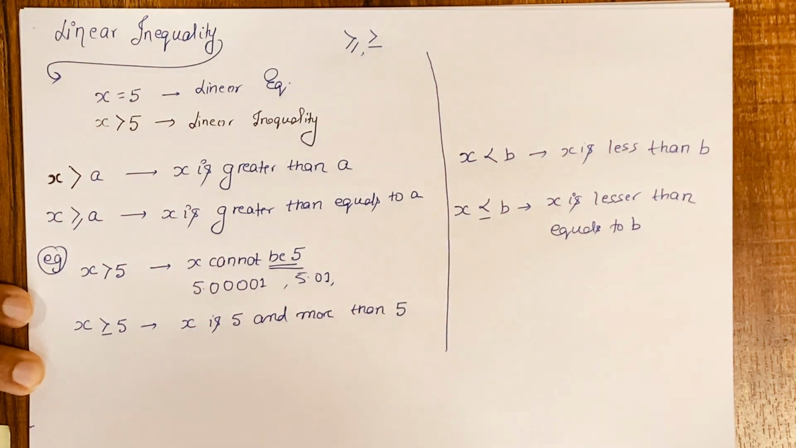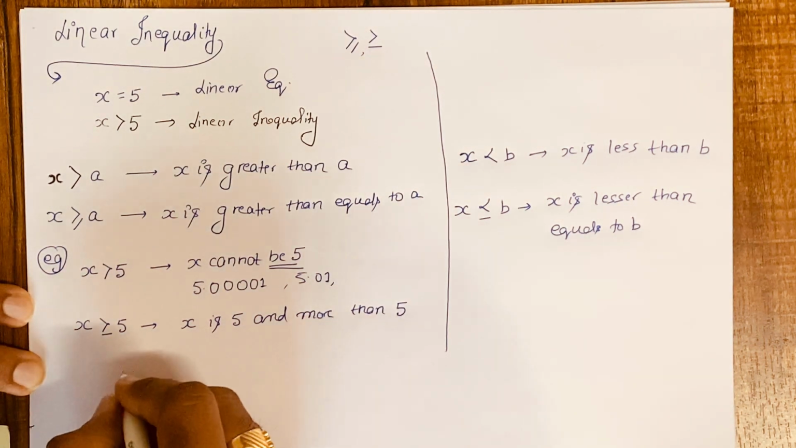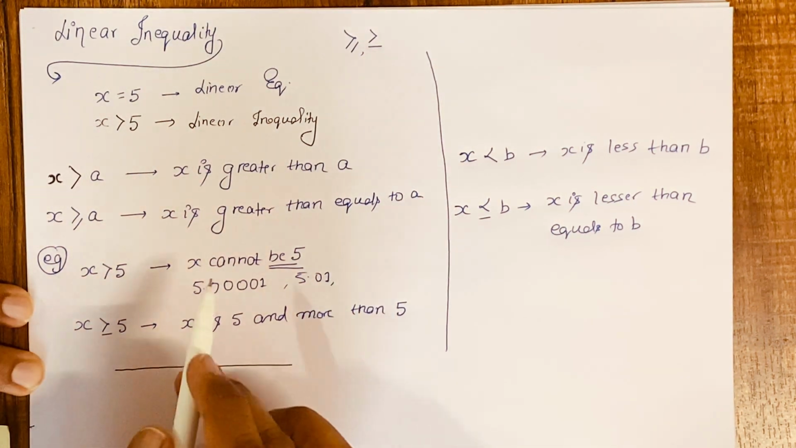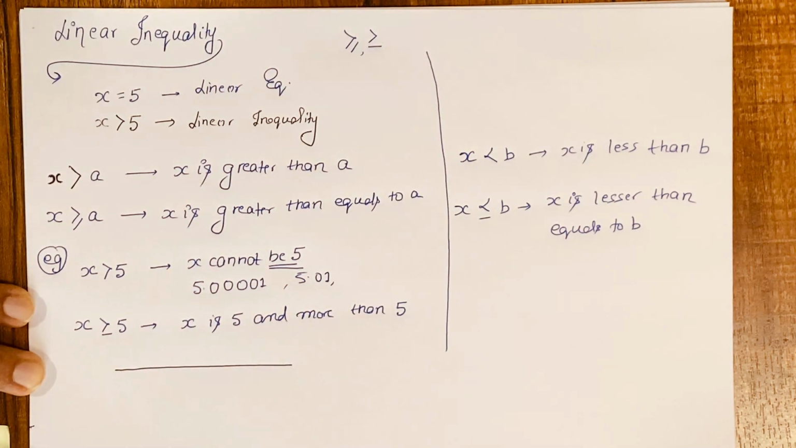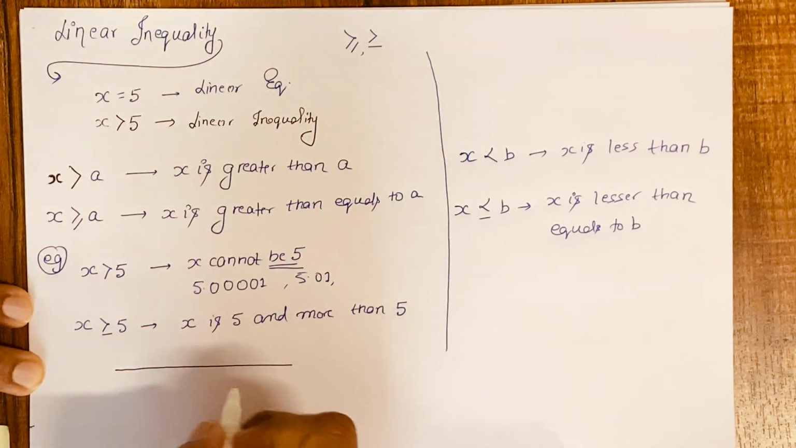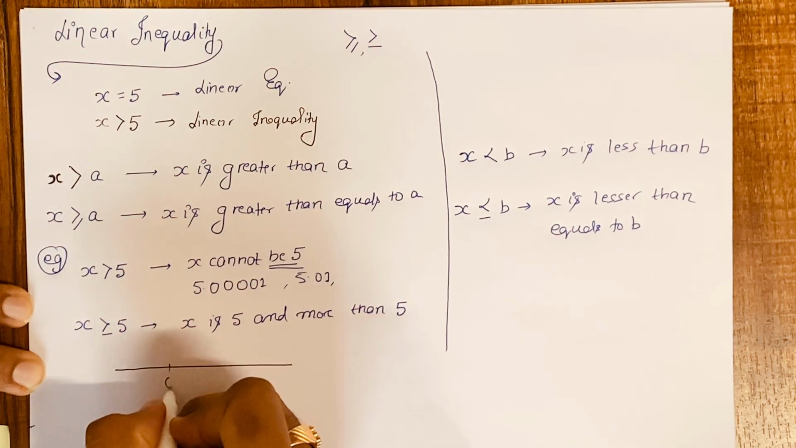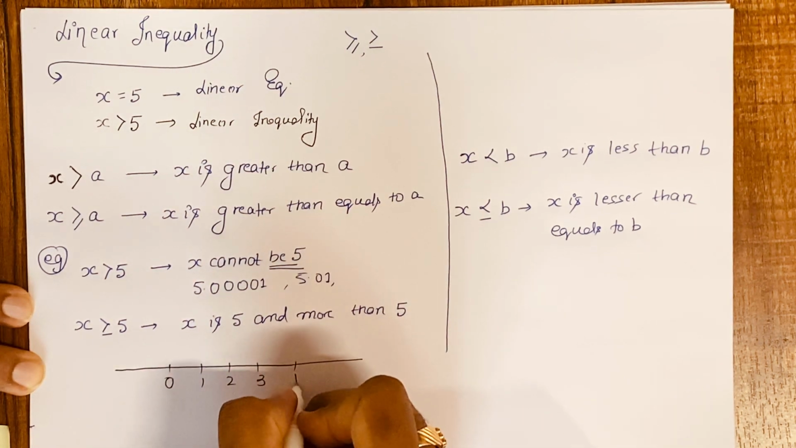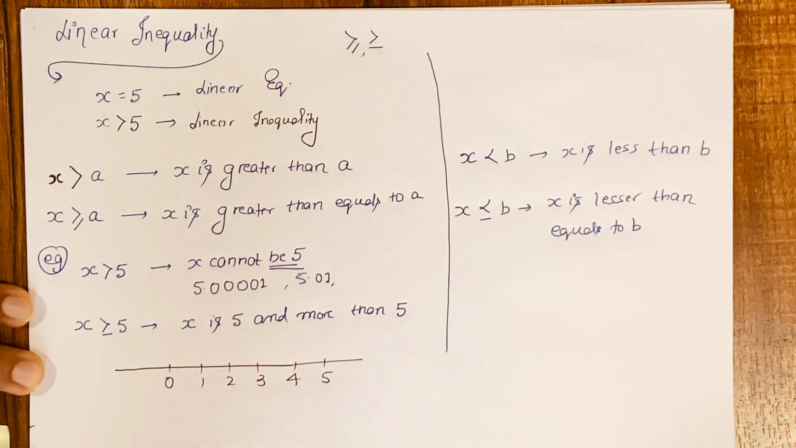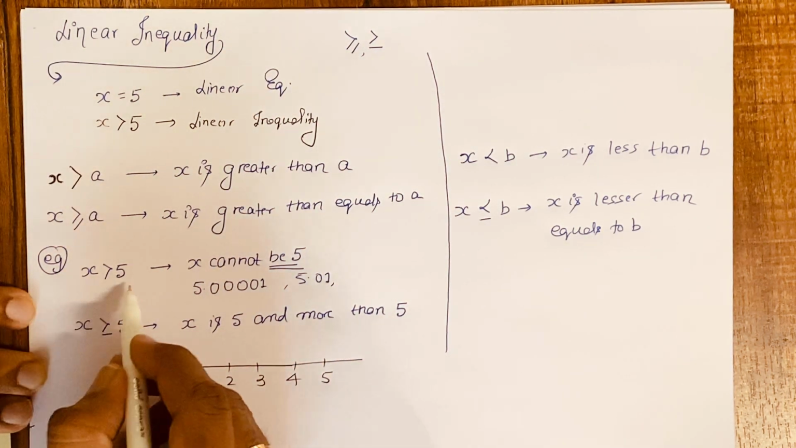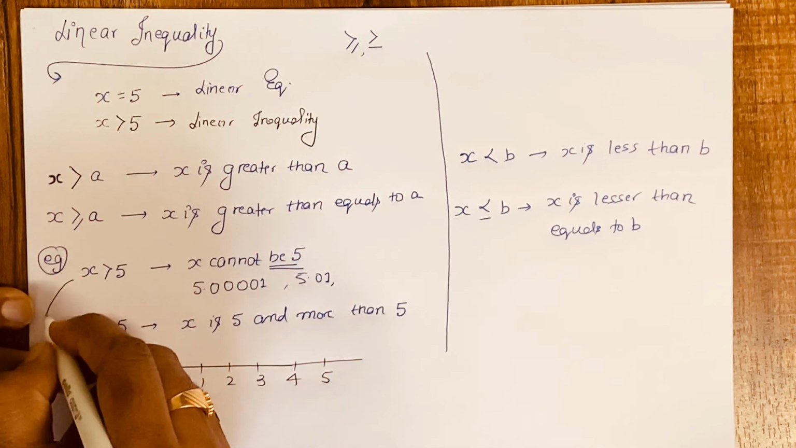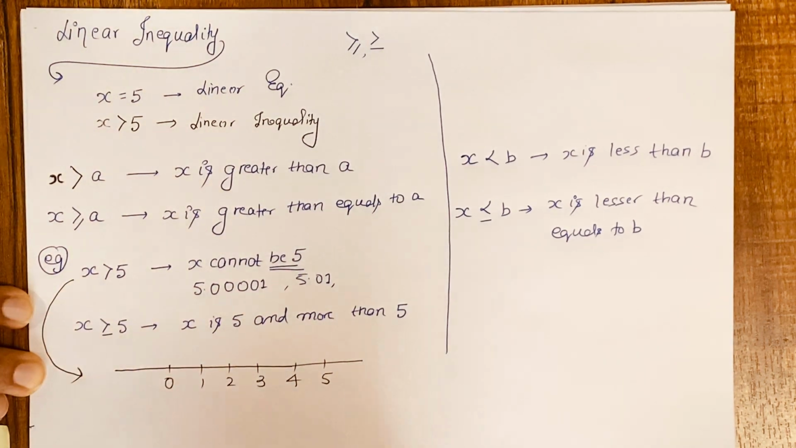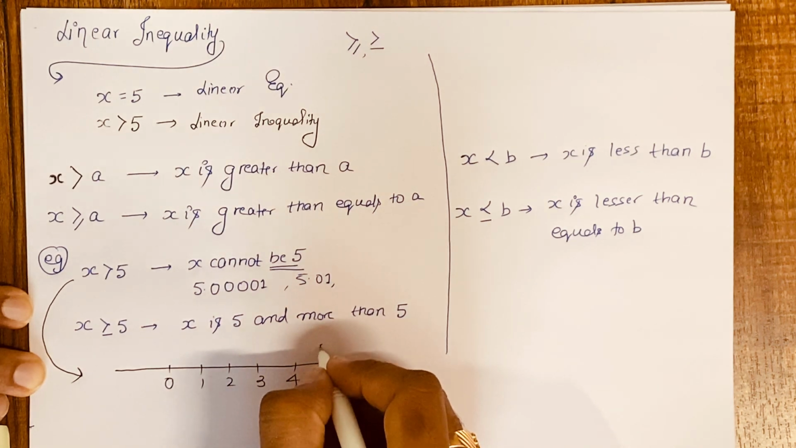So if I try to draw this graphically, this is my number line. In linear inequality, you always have to focus on the number line. What is a number line? A number line is basically a representation of where you put your numbers. For example, you put 0, 1, 2, 3, 4, 5. The scaling should be proper. Now here you say that x is greater than 5. And if I have to plot x greater than 5 here,